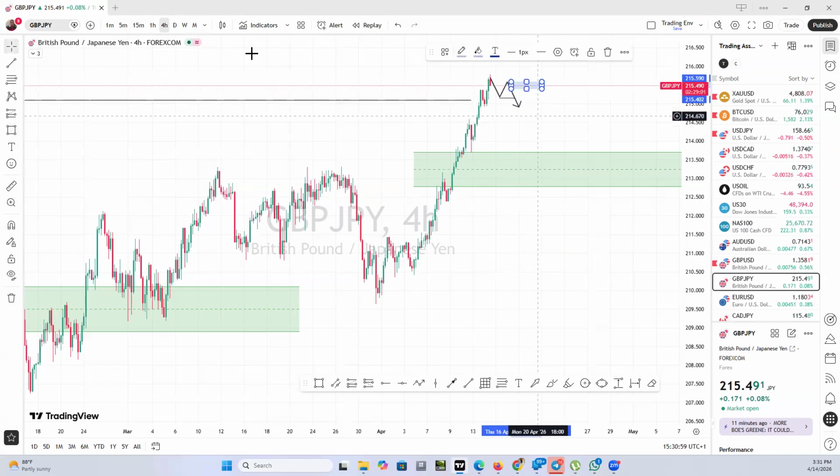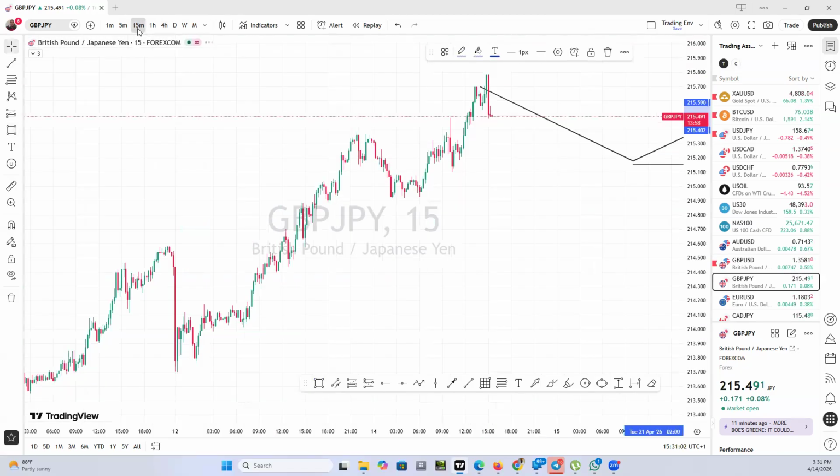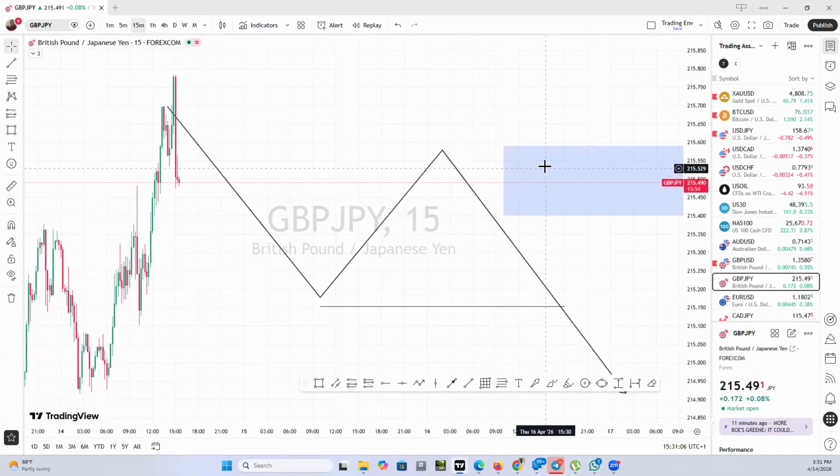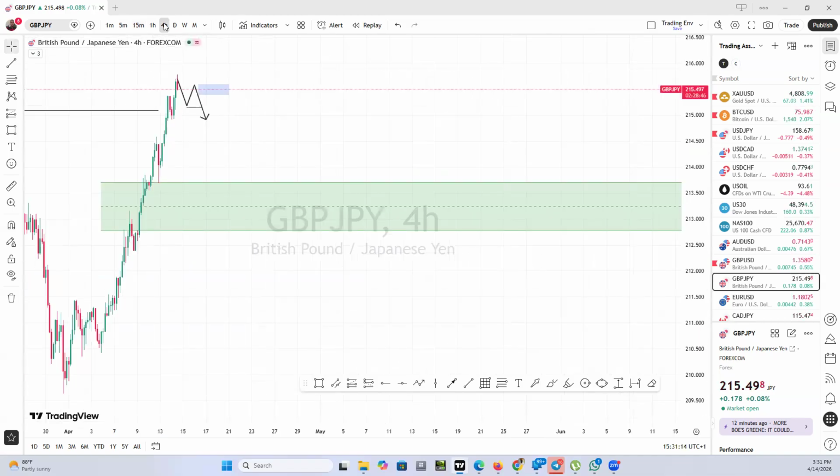Then we drop to 15 minutes. From 15 minutes, we look for a sell, because this sell is going to be the entire downtrend under 15 minutes. So that's how I take my trade. So this is what we have on GBP JPY. I think on BTC